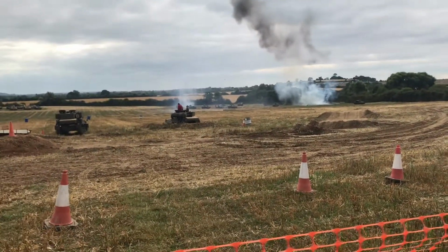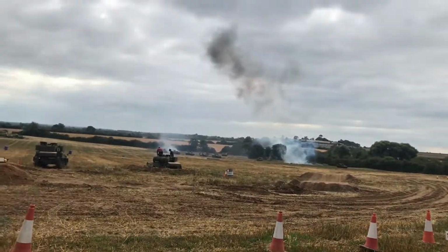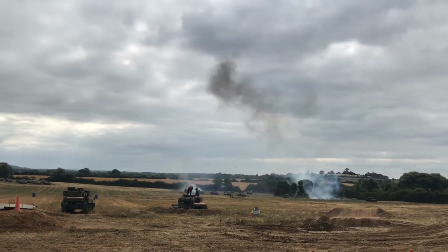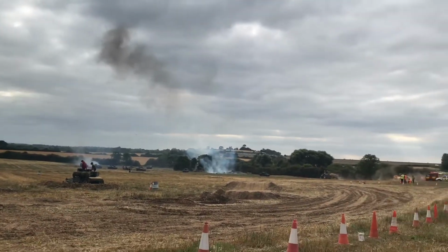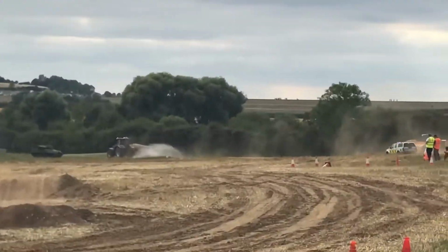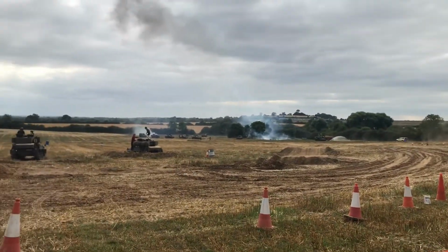Ladies and gentlemen, please can you put your hands together for everybody here at Tanks, Trucks and Firepower. A fantastic demonstration. Absolutely superb. I do hope you have enjoyed that demonstration, ladies and gentlemen. Coming up for you next is